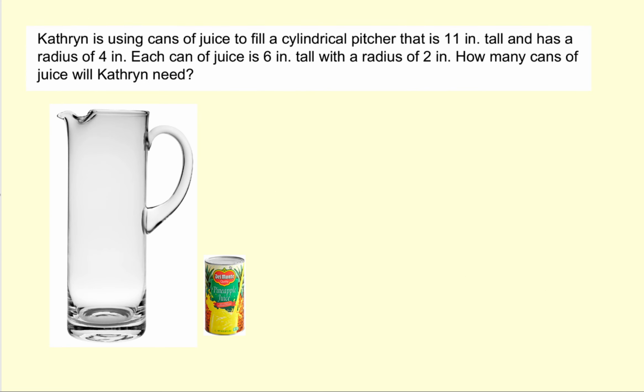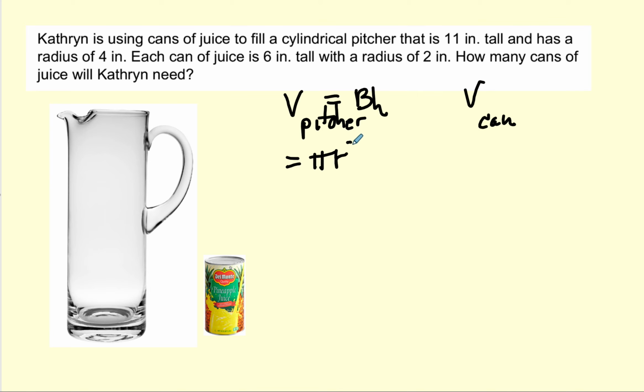Okay, let's figure out how many cans of pineapple juice will fit into this pitcher. So we need to know the volume of the pitcher, and we need to find the volume of the can. The volume of the pitcher, of course, is a lot bigger. So that's area of the base times the height, which is pi r squared h. This is 11 tall, and the radius right here is 4. So we're going to put a 4 here, and then an 11 here. I'm going to leave everything in exact, it might be easier,